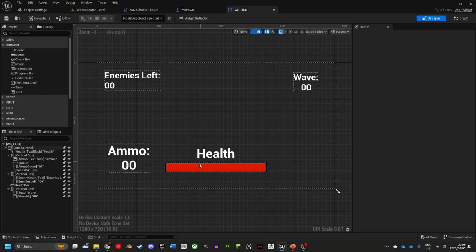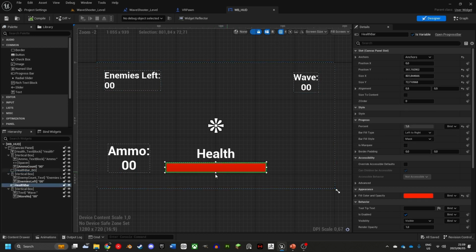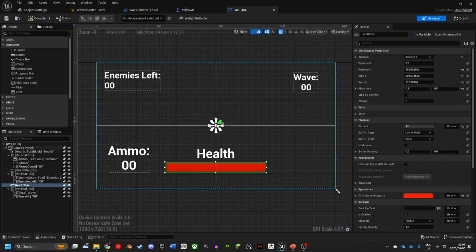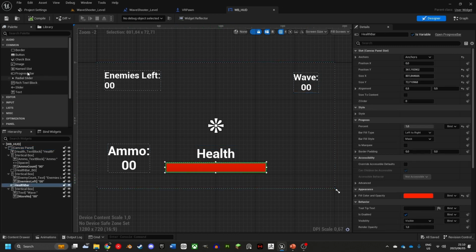So the health bar is essentially two components. There is a background, which is just quite simply to show when the health bar depletes. And then there is the health bar itself, which is a progress bar. So everything here is nice and simple. It's drag and drop. You drag the text in for each of the different things. But for the health bar, what happens is you drag in your progress bar, which is this here,